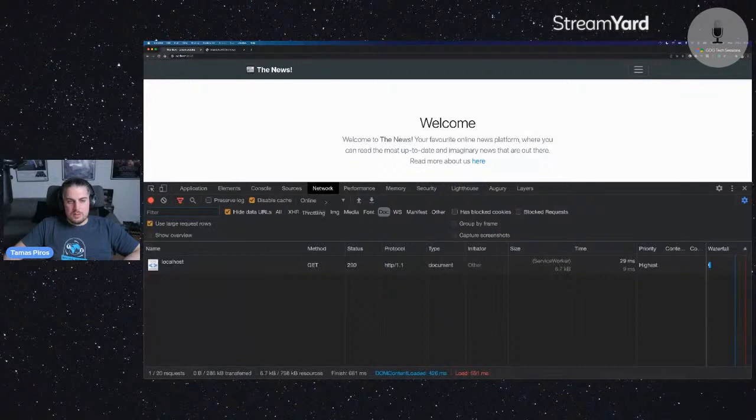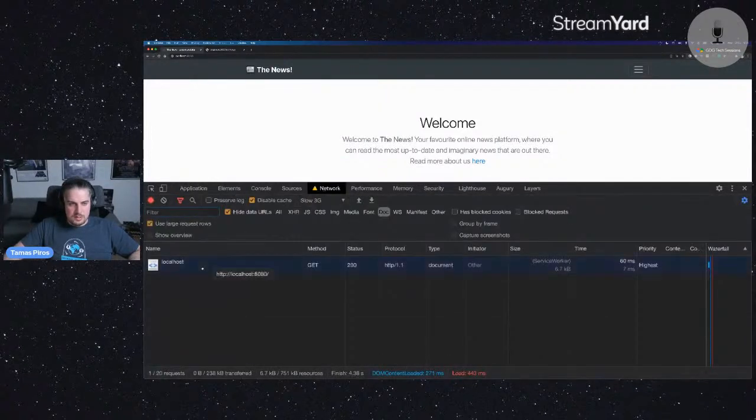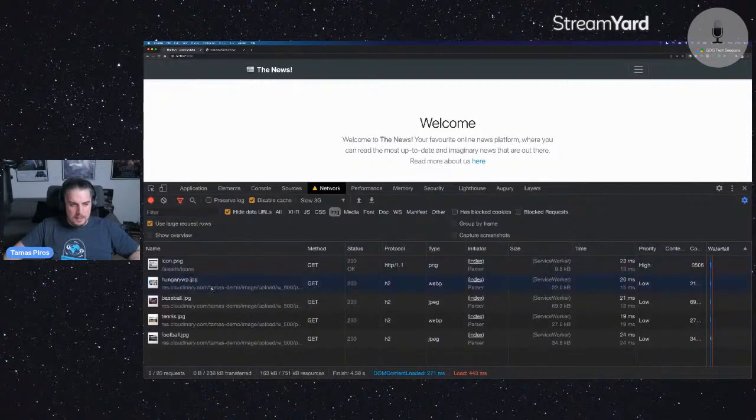And what I'm going to do, I'm going to say, well, someone is now going to open up this page on a slow 3G connection. So I'm going to go back to here and hit refresh. And notice that the size of the images has gone down. It's now 50 kilobytes. And if we take a look at the request URL for these images, which you can do via the network panel, the actual requests,